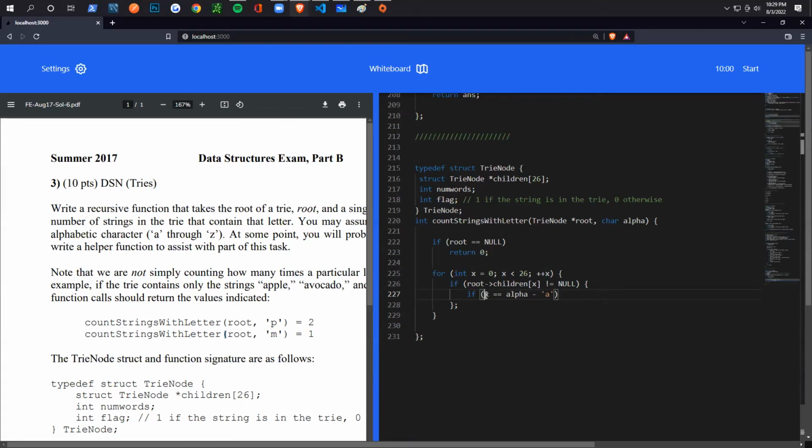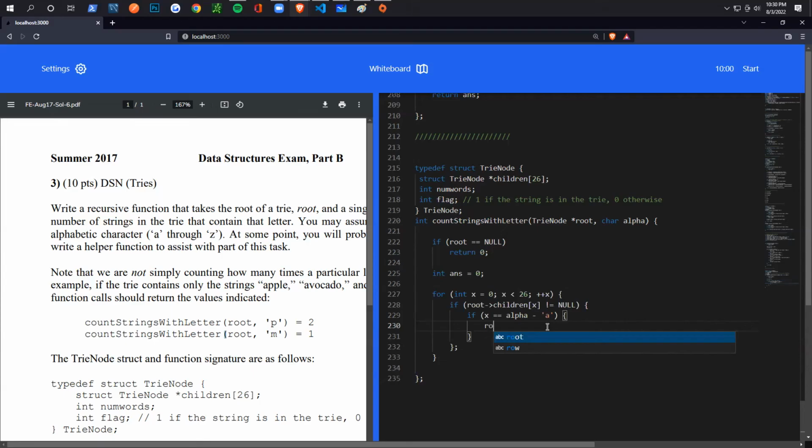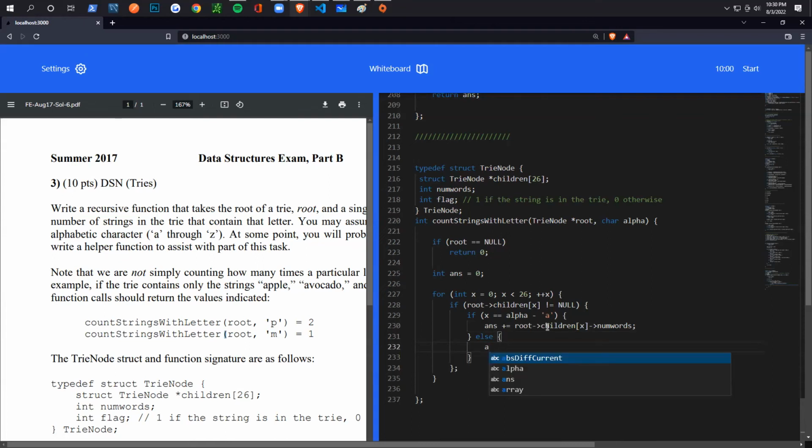So if this is the case, let me just write this a little differently. You could just get the num word from there, correct? Yeah, exactly. So you can just store a variable answer. Then you can do answer plus equals root children X num words. And otherwise, if you're not at that letter, you're going to want to recurse, because if you're not going to that letter,